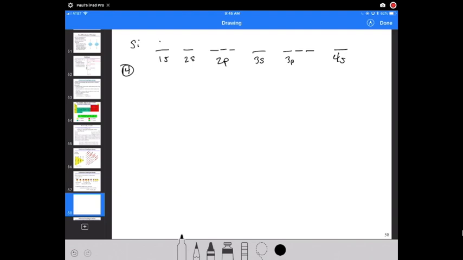So first one, second one, I've used 2, 3, 4, 5, 6, 7. Which rule did I do to do that one? One in each box before I start filling. That is Hund's rule. And then I use down arrows for the second ones. That is Pauli's rule. I've now used 10 electrons,